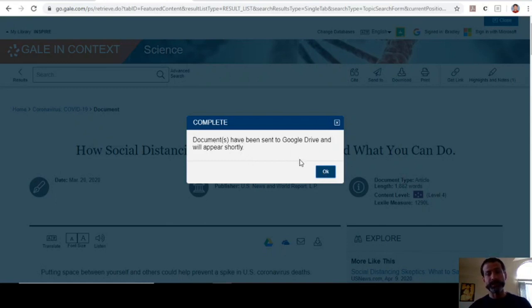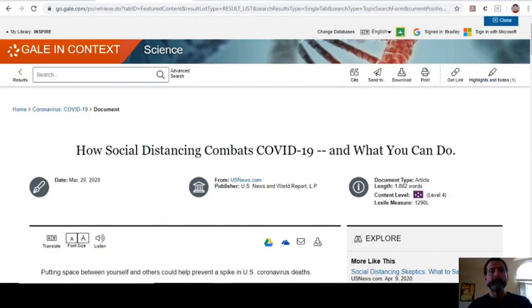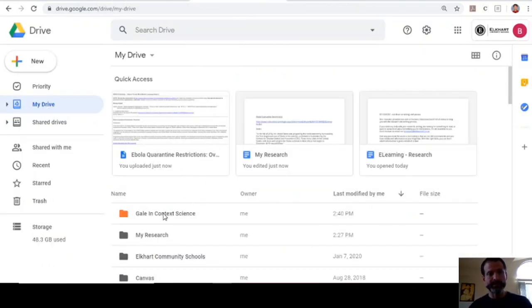So it's been sent to my Google Drive, and it creates a folder like the EBSCO folder for Points of View Reference Center, except Gale does a lot better job of this. So let's go back to it. I've got Gale Science and Context, and it's orange, so it stands right out. It's right on top. And then if I open it,